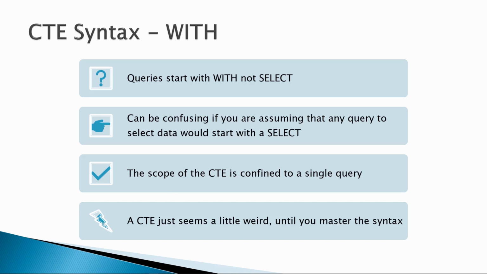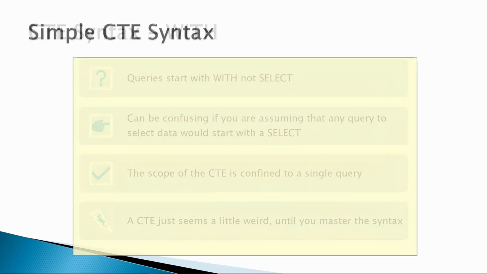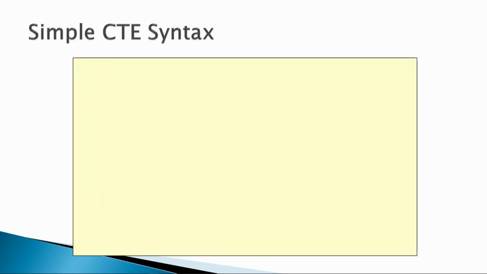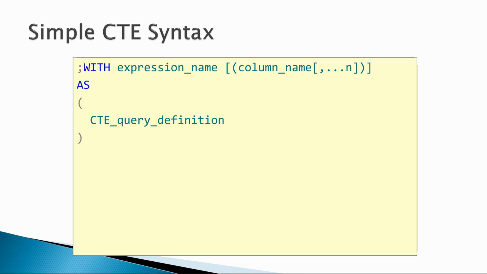In the beginning, CTEs seem just a little bit weird until you master the syntax. I remember the very first time I looked at common table expressions, I just thought, what the heck is this query doing? Well, let's take a look at the basic syntax of a CTE. You start out using the keyword WITH, then the expression name, which is the name of the CTE, and then you have the option of naming the columns that the CTE is going to return. Then AS, and inside the open and close parentheses, that's where you put a query, similar to